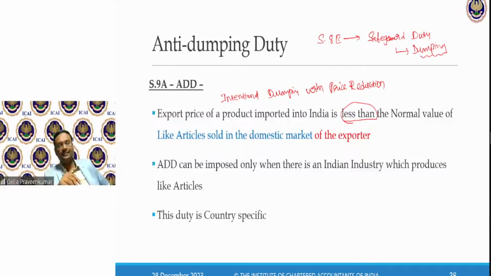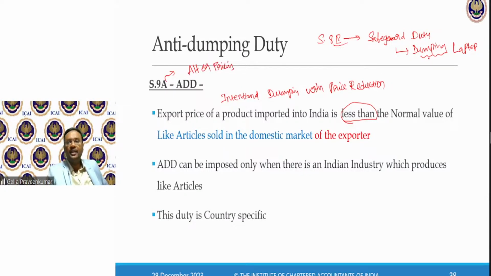Like an example, I slightly alter this dumping of laptops under section 8B to 9A. Under 8B, just remember, irrespective of the price, dumping happens. In 9A, I would say, just to catch the point, there is altered pricing.